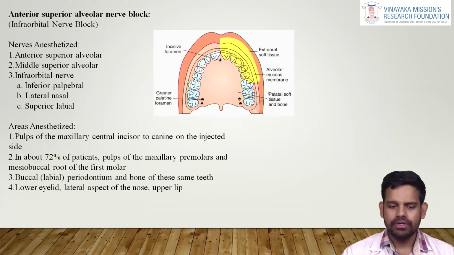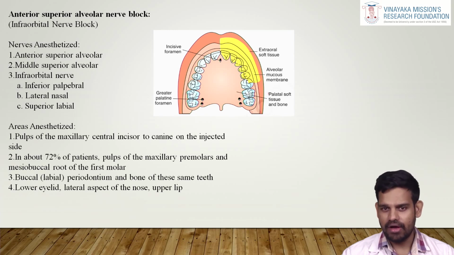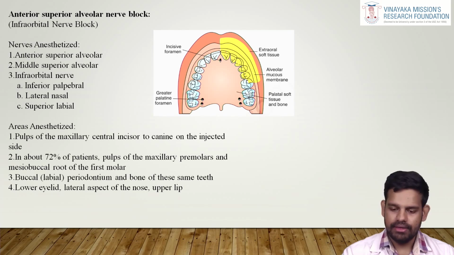Now coming on to the anterior superior alveolar nerve block, which is also known as the infraorbital nerve block. The nerves anesthetized here are the anterior superior alveolar, middle superior alveolar and the infraorbital nerve. As I said before, it has three branches, which are the inferior palpebral, lateral nasal and superior labial. The areas anesthetized here are the pulps of the maxillary central incisor to canine on the injected side. So from the central incisor to the canine, and it also involves the first and second premolar to the mesiobuccal